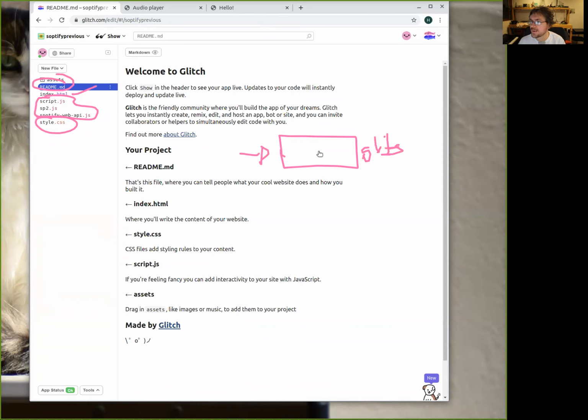In here, we have a bunch of files, only files: HTML files, CSS files, JavaScript files, and even images and sound. When you connect, you go here and